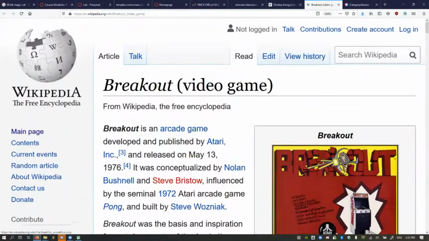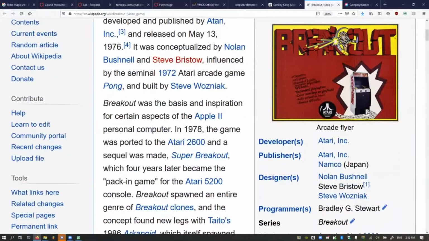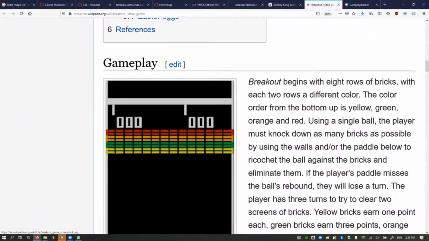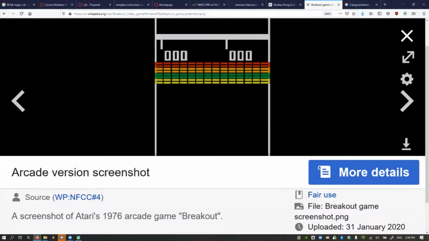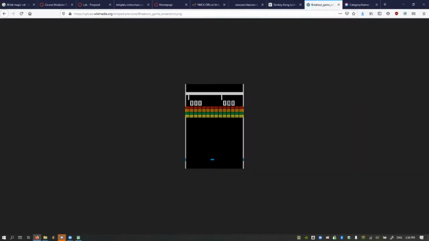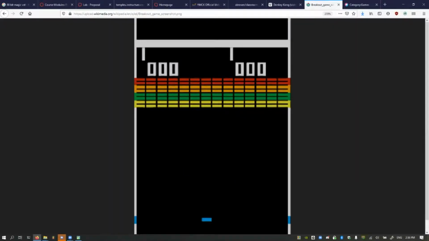Breakout is one game. If you're particularly attracted to Pong, you might decide to try Breakout instead. So notice that the graphics are not much more involved than Pong. You've got yourself a bunch of bricks and a paddle. And what you do is basically, a ball comes down, you smack it with the paddle and hit a brick and the brick disappears.